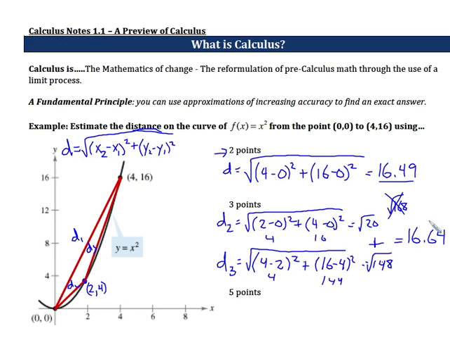Okay, so notice it's a little higher than the last one, and we're getting closer. So we can keep increasing our accuracy here. We're actually going to increase it up to 5 points. So we're going to split the difference again. So now we're going to have the point 1, 1